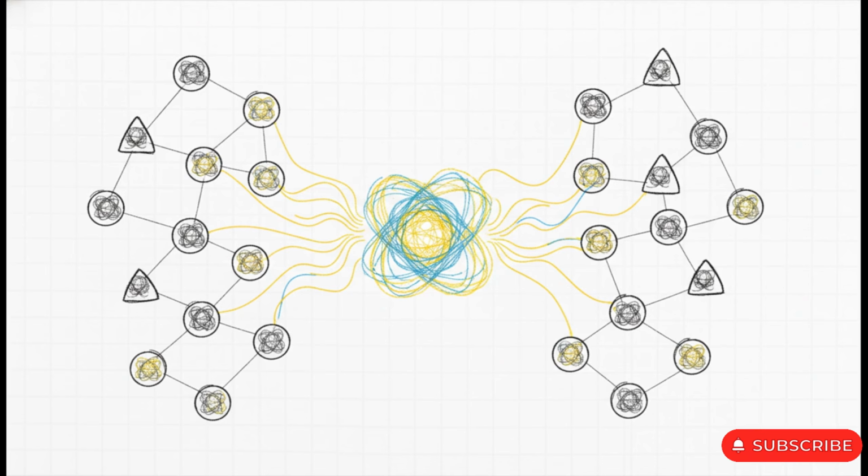The big idea was, instead of making a copy, you take your single piece of important logical information and you spread it out across many physical qubits using entanglement. This links them all together, so they share a single collective fate. The information isn't really in any one qubit anymore. It's encoded in the pattern of relationships between all of them.